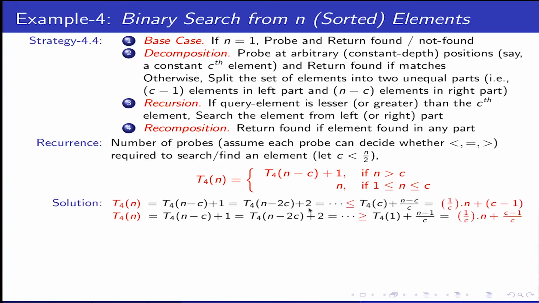This is basically T(n minus c) plus 2, and it will go down to T(4c). Let's say if I have a small constant size chunk, I need exactly that number of probes, as many as the elements, to do it. Okay, that is pre-computed. For 3 elements, I have 3 probes to do it. I pre-compute it and give it to you. Then this term is c, and this is where you reach, because n minus c times c will give you c. So this is n minus c.